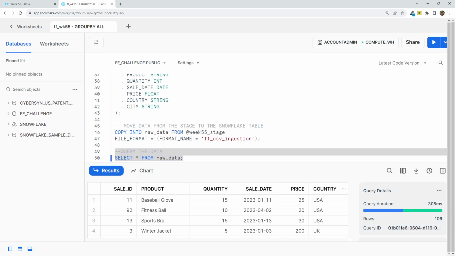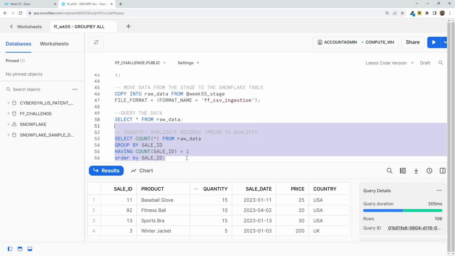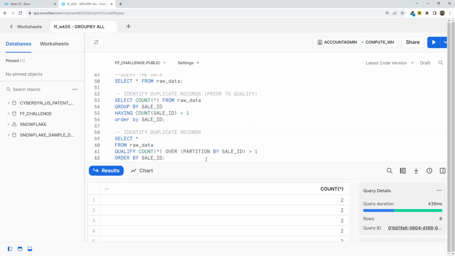The question now becomes, which of these are duplicate records? To answer this, we're first going to use the count function, which returns 6 rows, having identified duplicate records. We still don't know which 6. So let's go ahead and use the qualify clause to better gauge